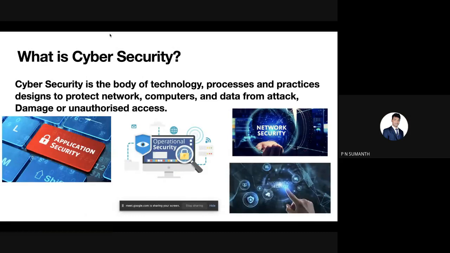So, what is cybersecurity? Cybersecurity is a body of technology, processes and practices designed